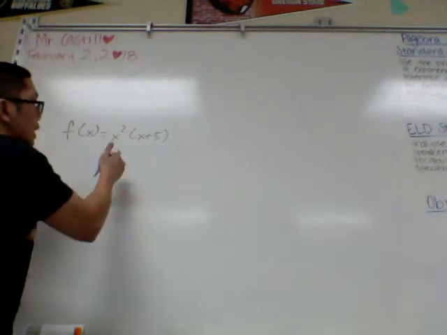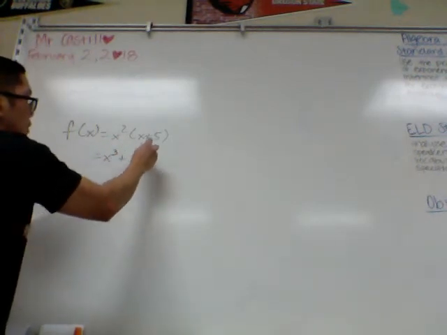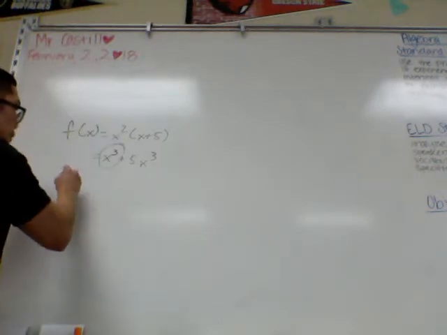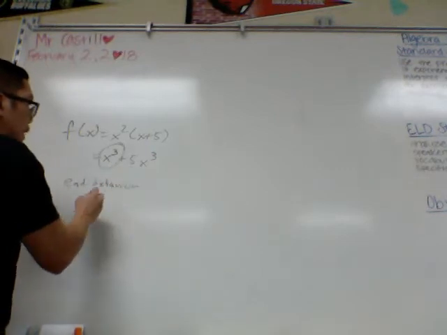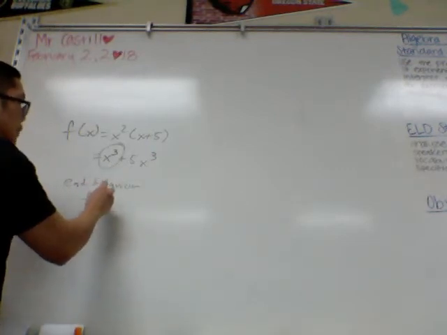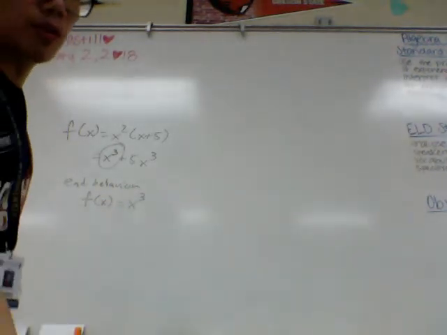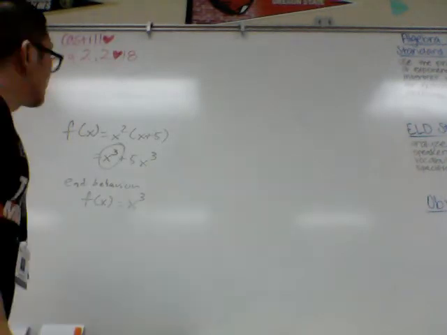So here, if you multiply this out, this is x to the third plus 5x squared. So your highest degree term is x to the third. So your end behavior, and make sure you write it as a function, is f of x is equal to x to the third. Make sure you write that f of x there. Now for letter B,